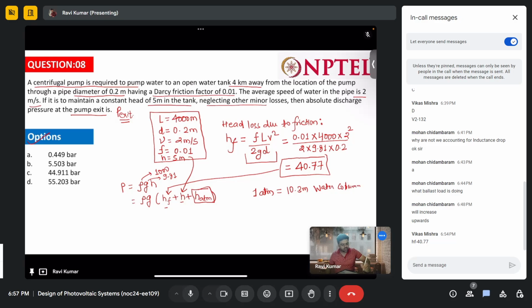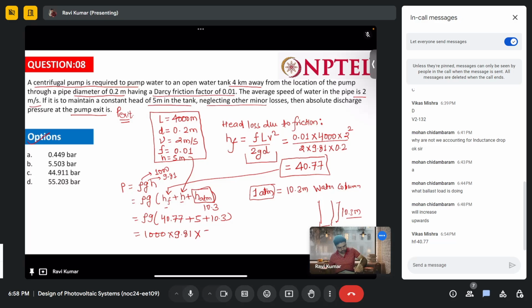column. Let us understand it this way. If we have a water column of 10.3 meter, this water will have a pressure of 1 atm. So it is 10.3. Now do one thing: rho g times (40.77 plus 5 plus 10.3), that is 1000 into 9.81 into the summation total, 40.77 plus 5 plus 10.3,